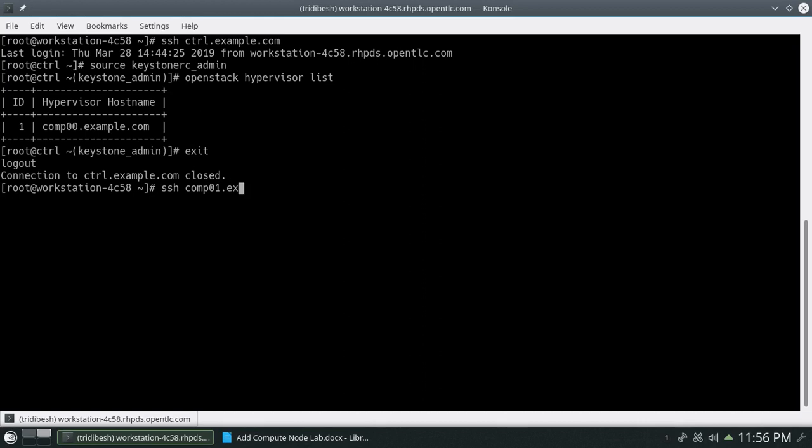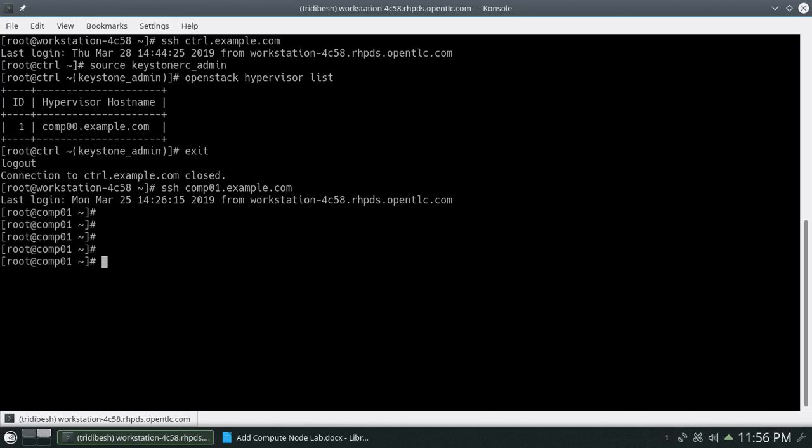For doing that, let's log into the comp01 node, the other node we'll be using to add. We are already in the node. We will install the Nova components along with Neutron so that we can configure this node for the lab purpose.